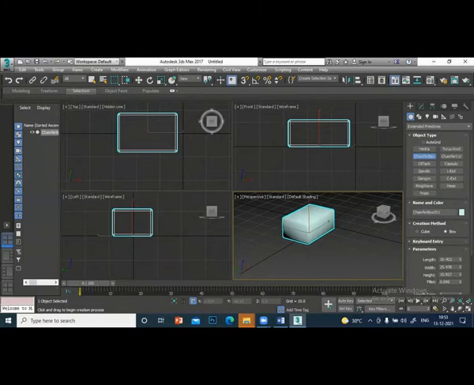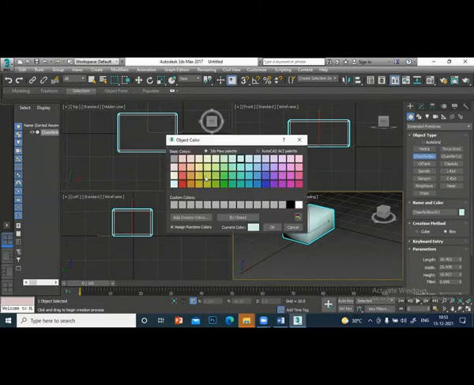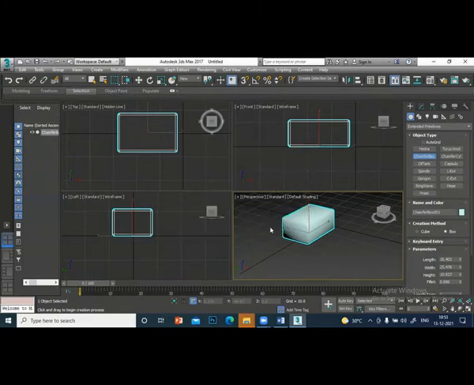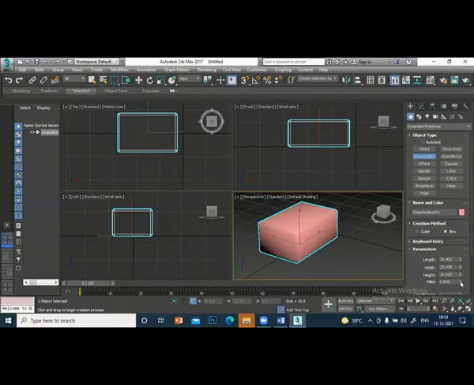Anytime you can change the color of this. Okay. You can see the fillet radius. You see that fillet radius is different. You can adjust the fillet radius. So you can create a curved type of box.